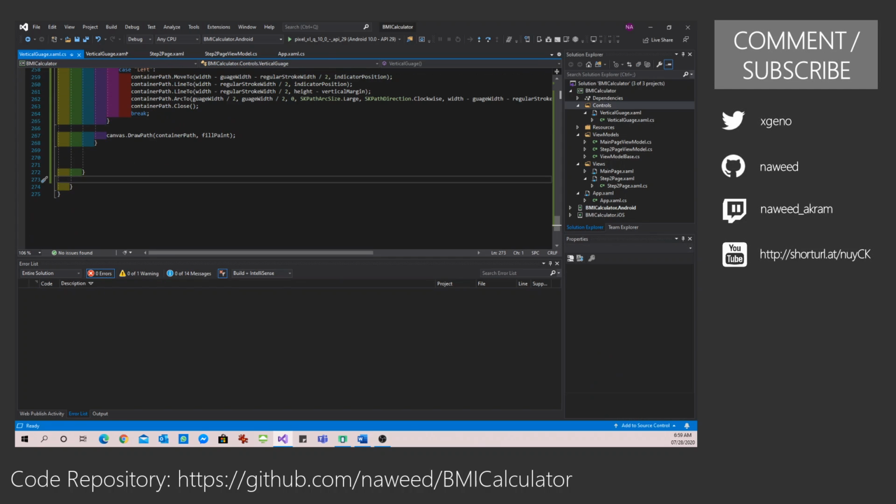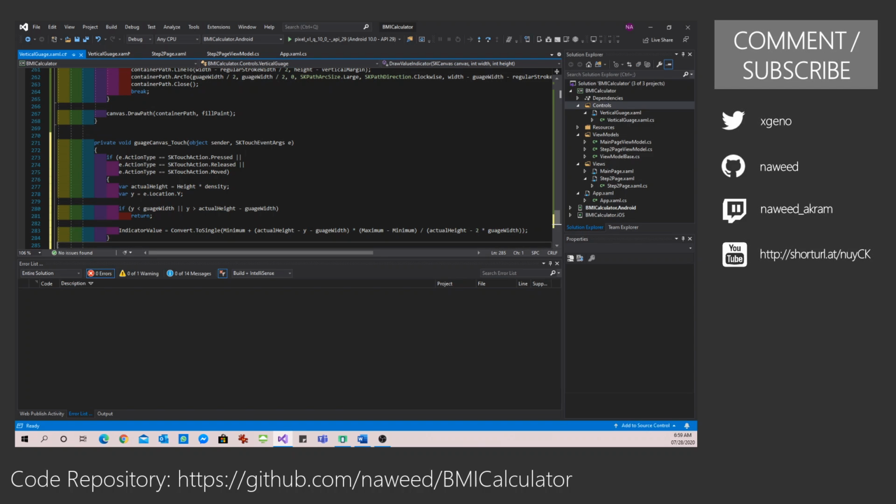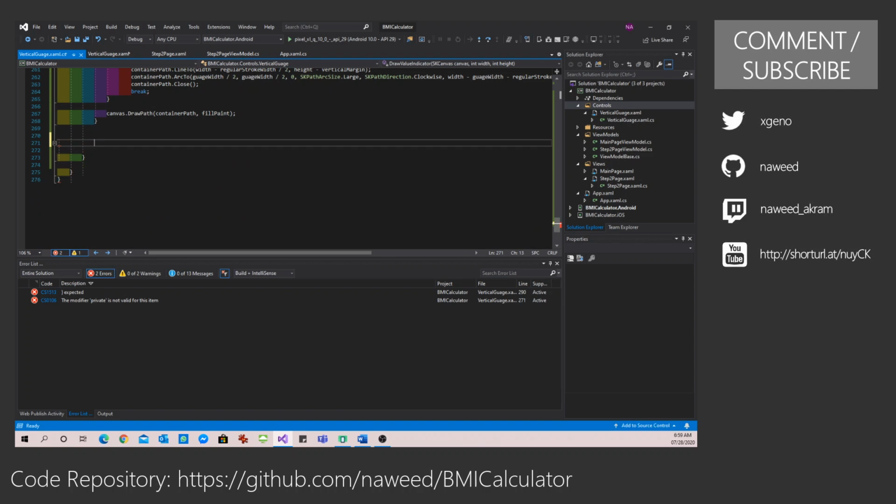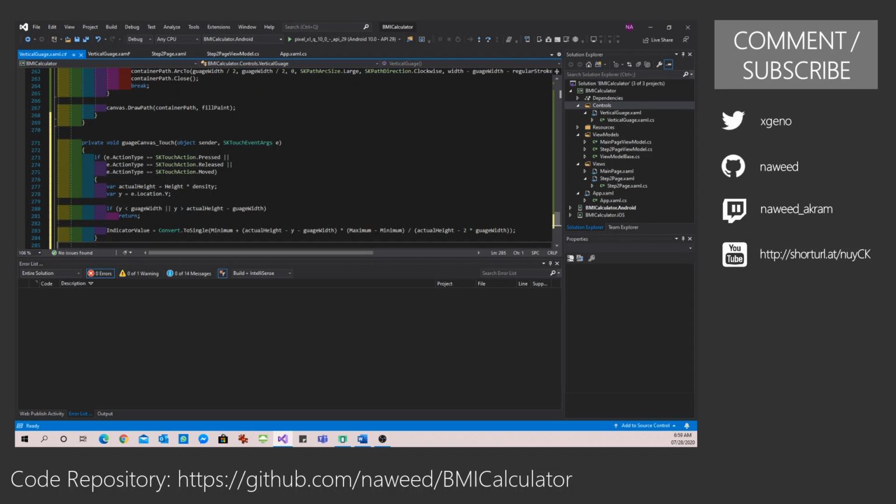If I go back, let me add this method and then I'll explain what we are doing over there. I think I added it in the wrong place perhaps. Yeah.